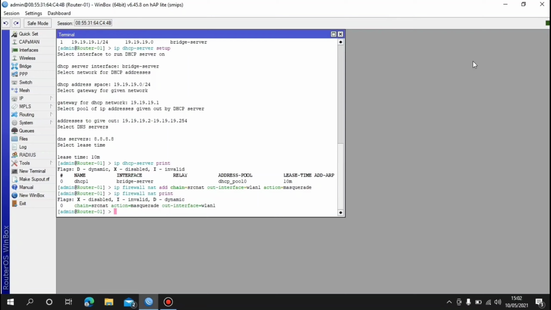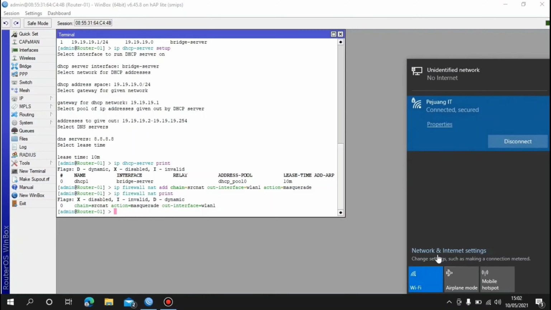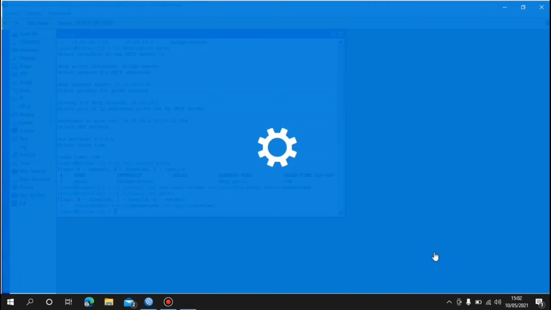And next do testing on the client one. And first open the network and internet settings.